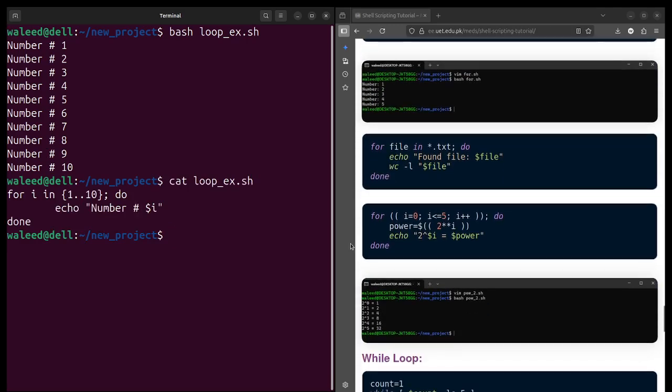Now if you want some other examples, let's say you want to see the files with .txt extension, so you simply do a for loop like for file in *.txt, and as soon as it finds a file with .txt at the end, it will simply print found file and that file name.